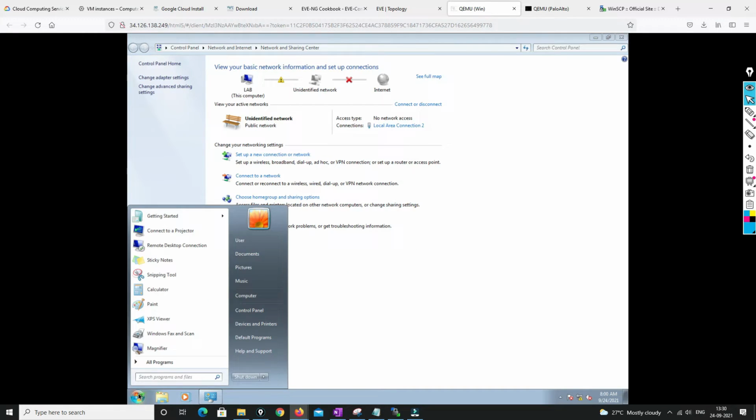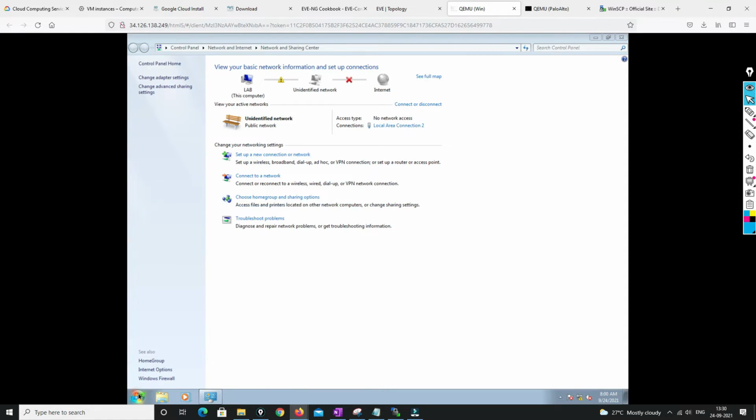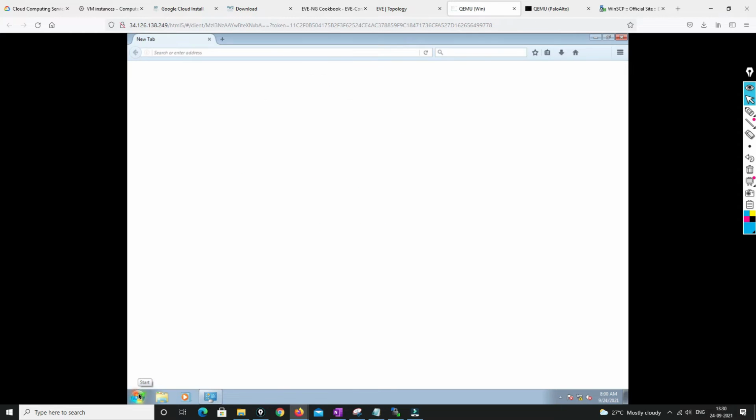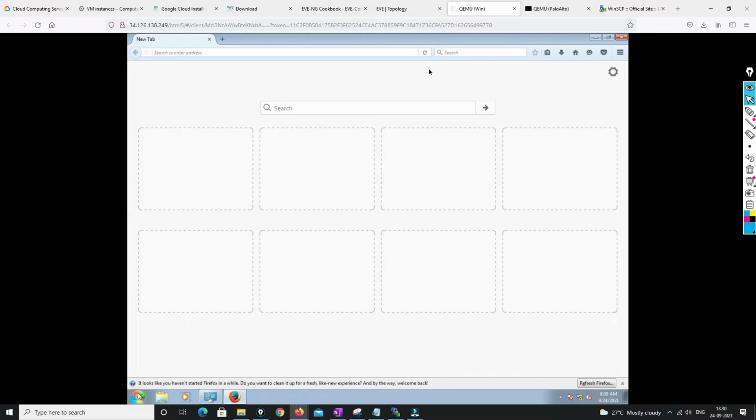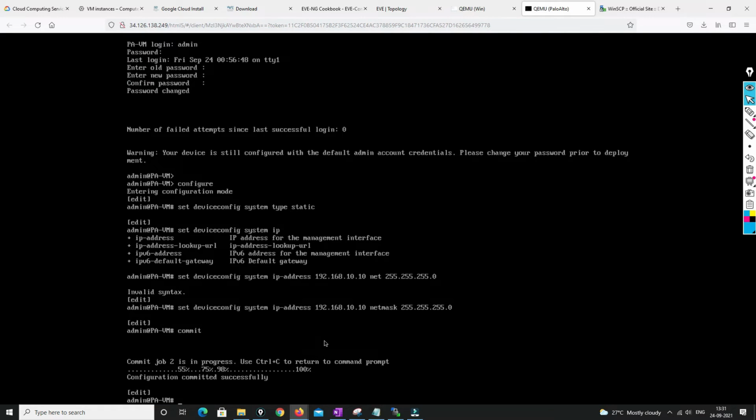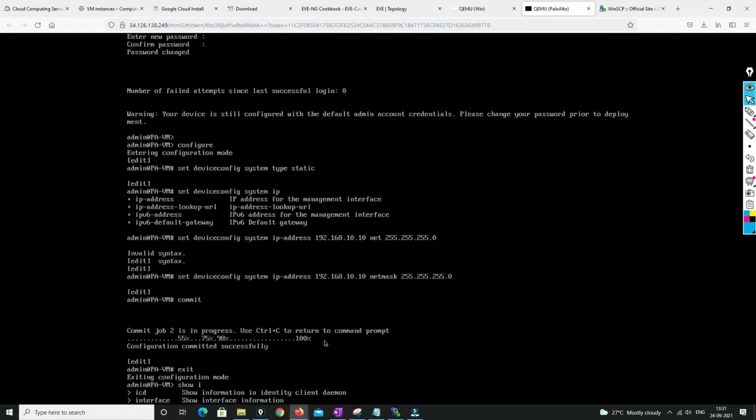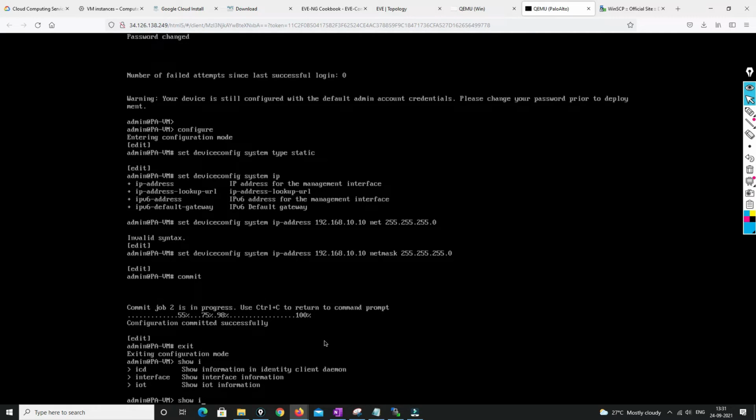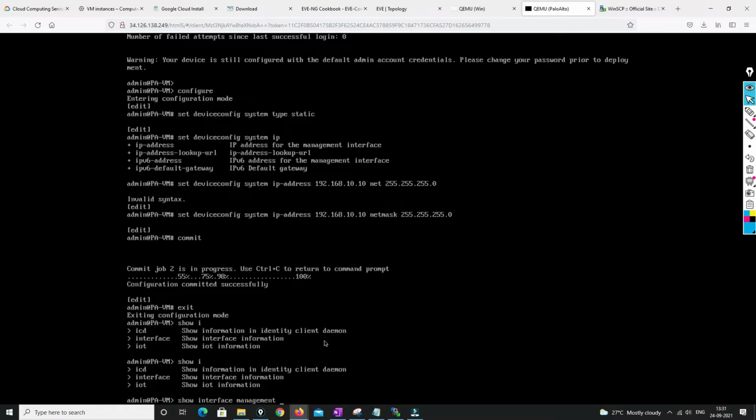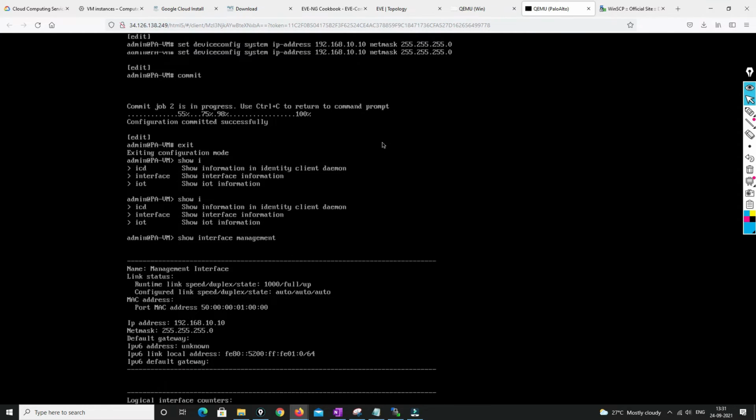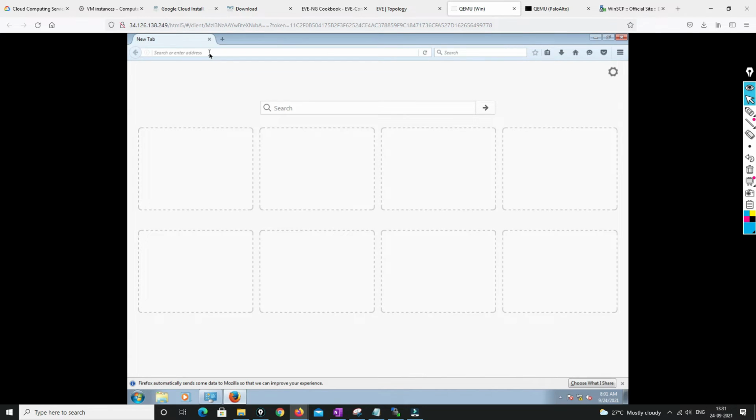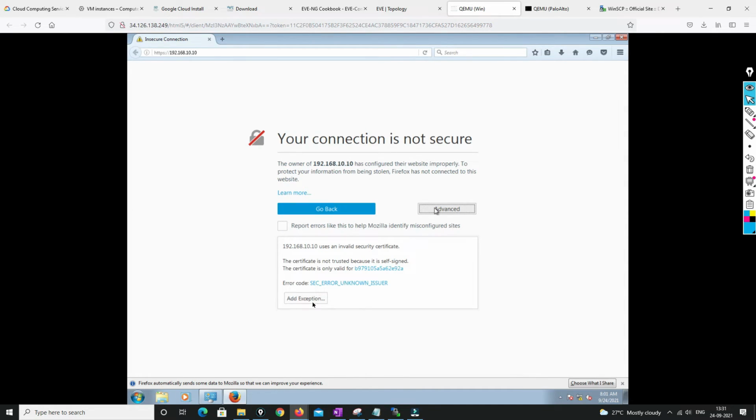close it, and we'll just open Firefox. And then we'll see whether we have, okay, the commit is in process. We'll exit and we'll just type show interface management. Okay, we have got the IP address now. So we'll just go here, https://192.168.10.10. Okay, now we have got the screen over here,